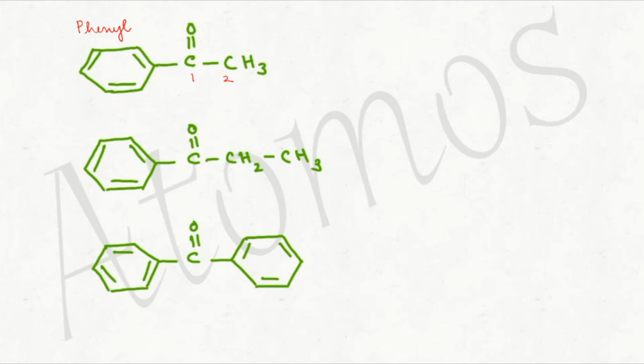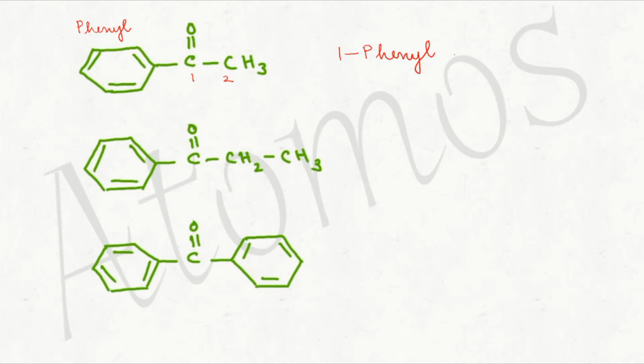Write and see. The name of the substituent should be told first as prefix, so write 1-phenyl. Now, which is the root word? Root word is eth. It was ethane earlier. Now it has become a ketone, so we will have to write ethanone.